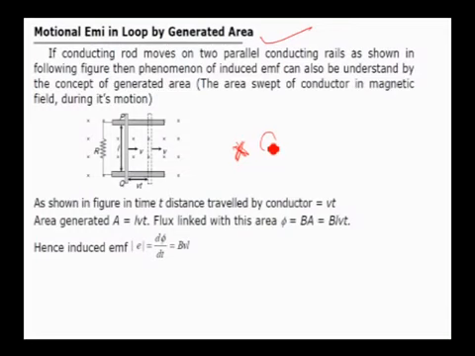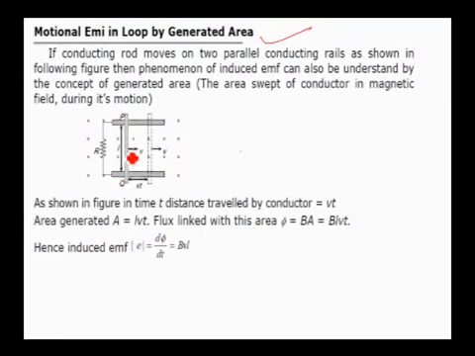If I draw a dot and a circle around it, that shows again a magnetic field perpendicular to the plane of the paper, or plane of the board, but it is pointing away. In this case, I have considered the magnetic field to be all crosses. That shows the magnetic field is perpendicular to the board, but it is pointing in. I have a conductor here, which is PQ. So that conductor has some length.